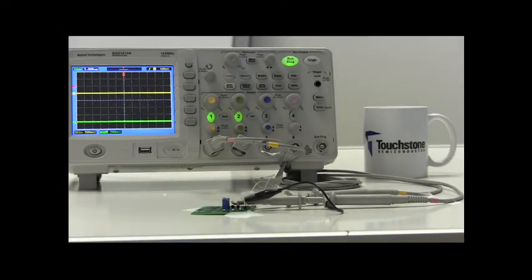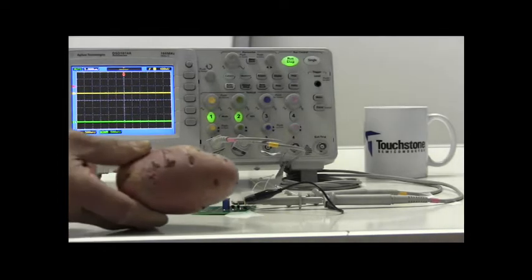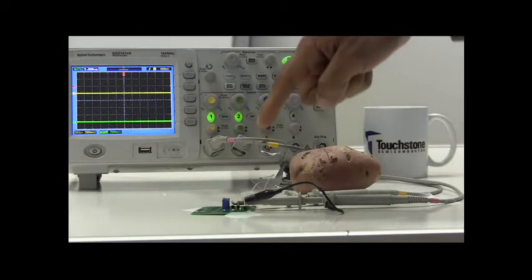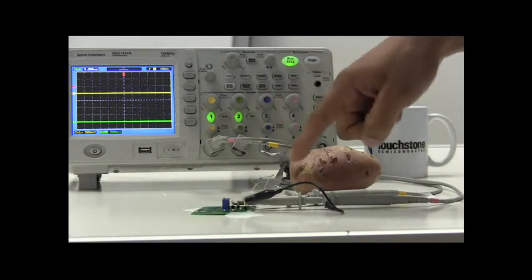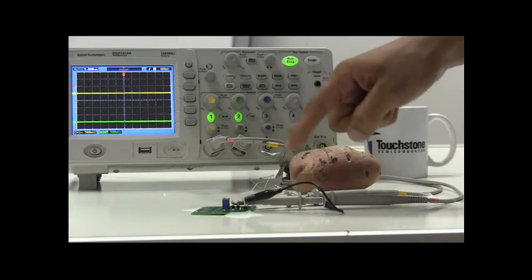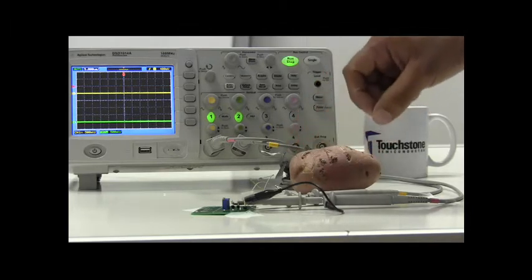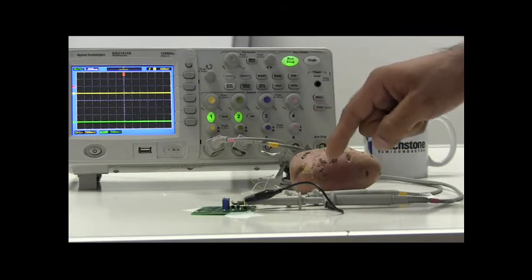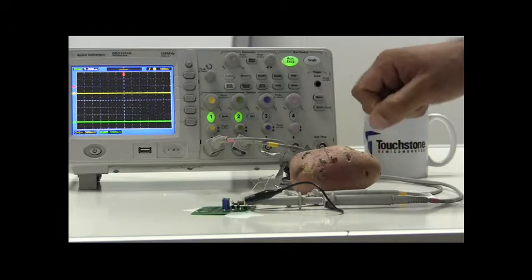Given that the TS3001 is the world's first and only timer that can operate with a supply voltage of 1 volt and consume only 1 microamp of supply current, I wonder if we can power the timer with, I don't know, how about a potato? Here we have the TS3001 demo board that has a copper electrode connected to the VDD pin and a zinc electrode that's connected to the ground pin. If I now connect the electrodes to the potato and monitor both the F out and PWM out outputs of the TS3001,